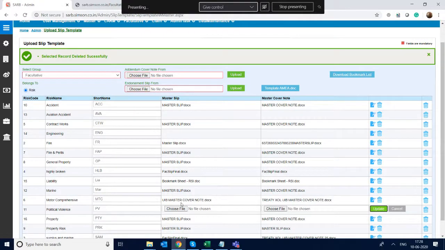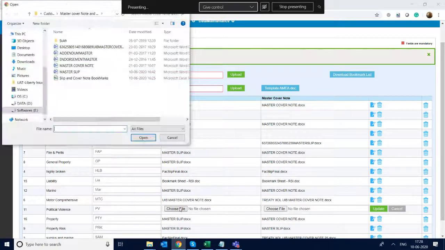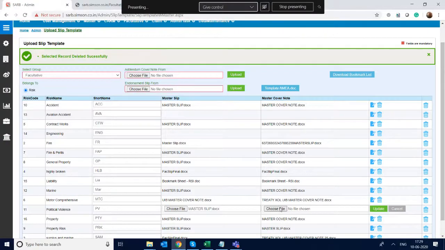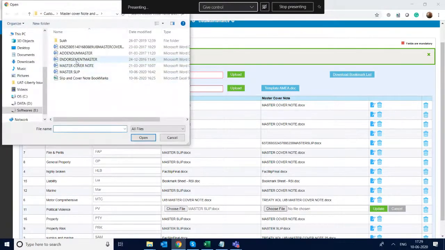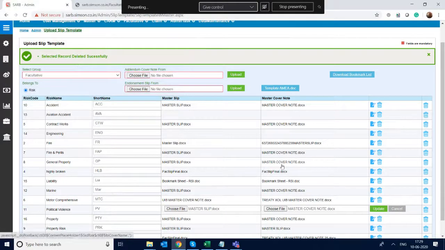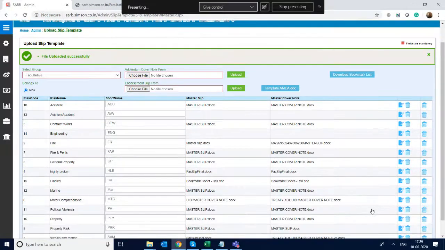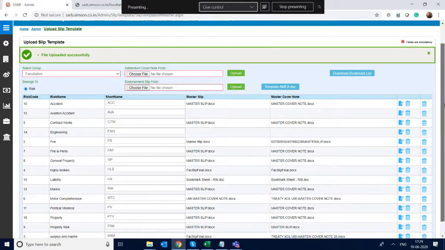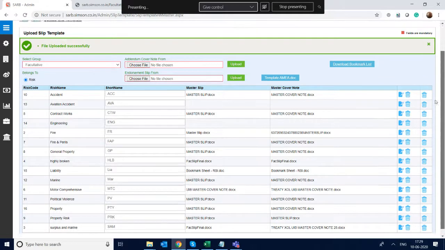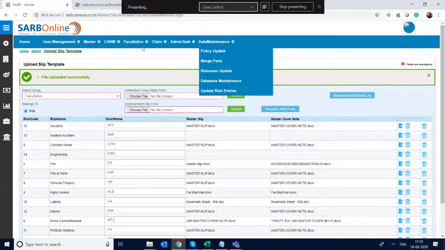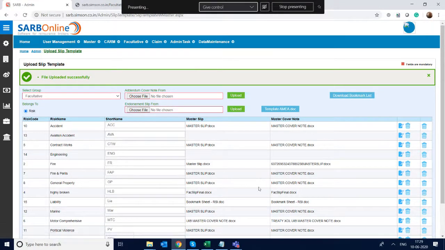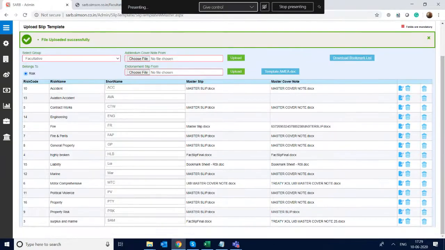So we can upload slip templates. I'm selecting the master slip, which I have prepared, and the master cover note also, which I have prepared. OK. By creating this, how to apply the